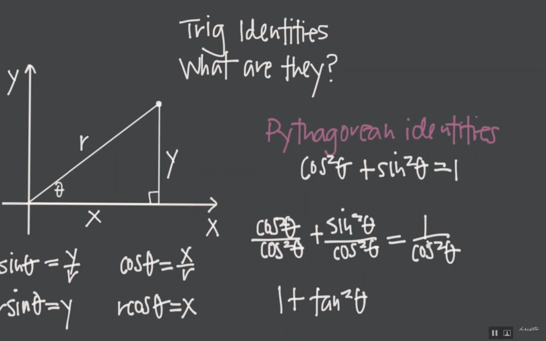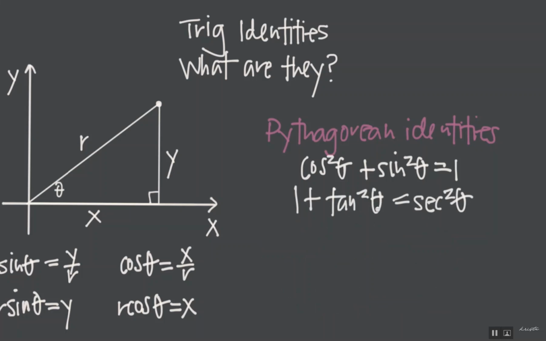And then 1 divided by cosine, remember from our reciprocal identity, is the same as secant. So 1 divided by cosine squared will be secant squared. So by dividing the first Pythagorean identity through by cosine squared, we were able to come up with the second Pythagorean identity. To get the third one, we're just going to